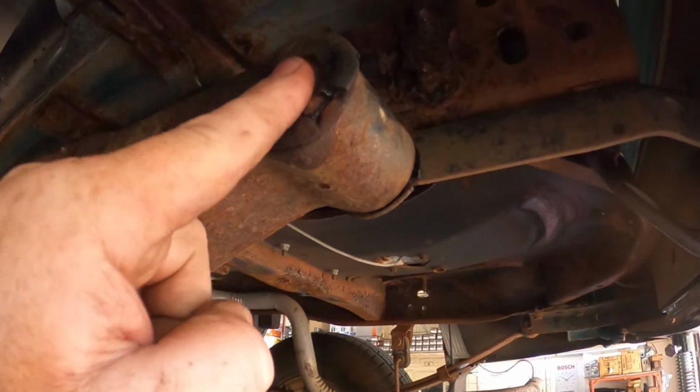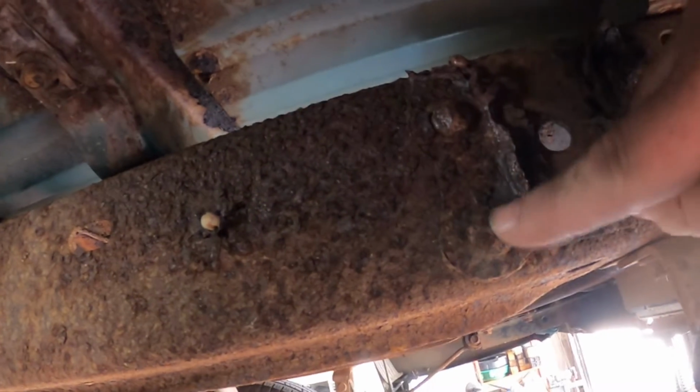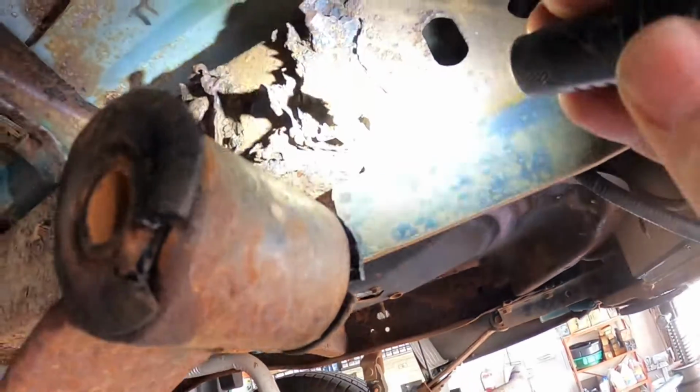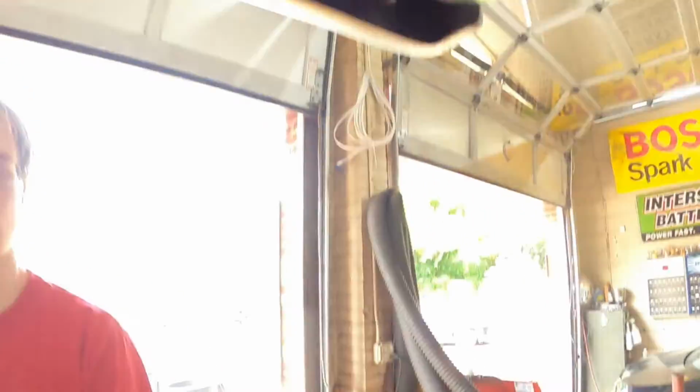So we're going to try it on this side. And up here, as you can see, this actually has a rivet and a rivet. We're going to get the torch, or we're going to use the air hammer, cut that. These over here actually, they're bolts. So it's got a bolt plate. Yeah, it's got a bolt plate right here, but we're gonna rebolt that, not a problem. All right, let's keep